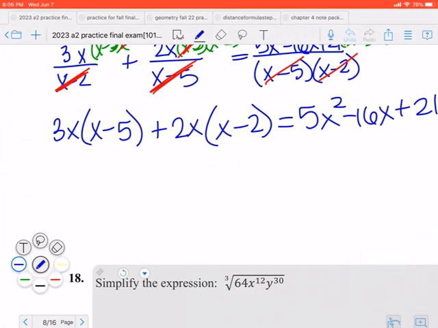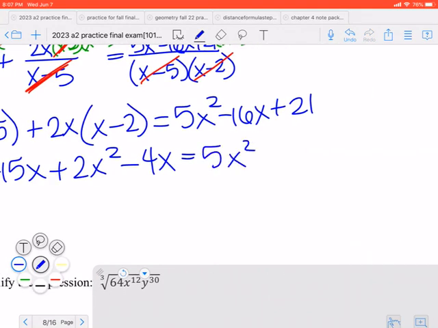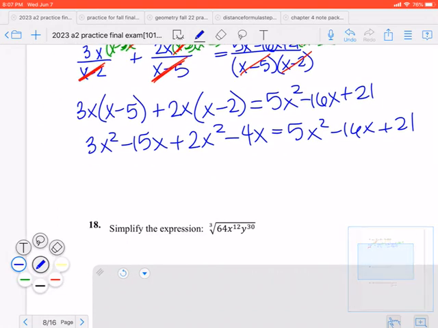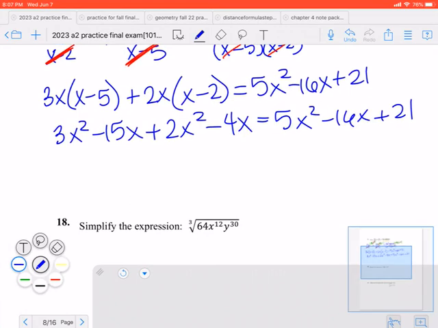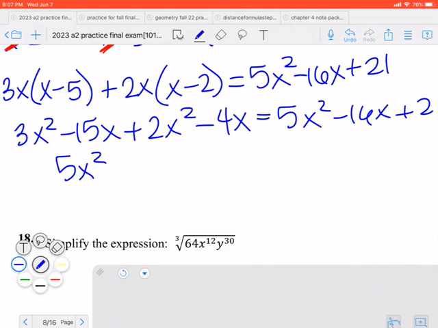Distributing and combining like terms. 3x squared minus 15x plus 2x squared minus 4x equals this guy. And it's quadratic. I want to get everything on one side. I'm just gonna combine these on the left hand side first. 5x squared, 15 and 4, minus 19x equal, oh look at that, our x squared terms are gonna cancel again,